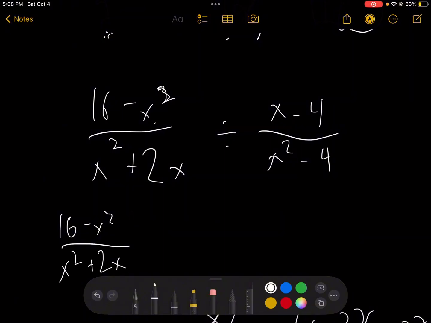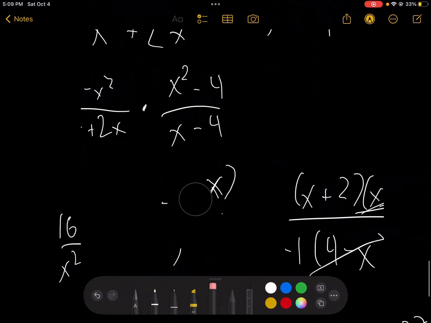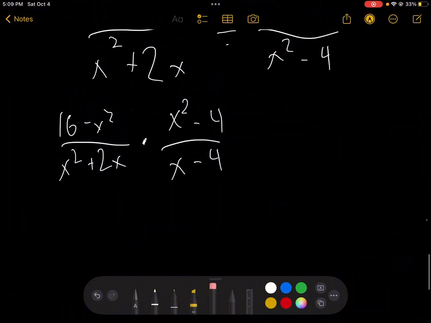Then C, change, that would be a multiplication sign. And then x minus, no, that would be x squared minus 4. And then x minus 4. Yeah, you flipped it. Okay, now